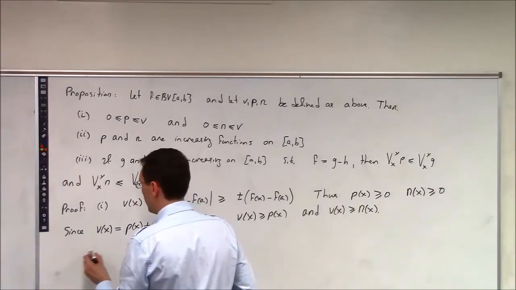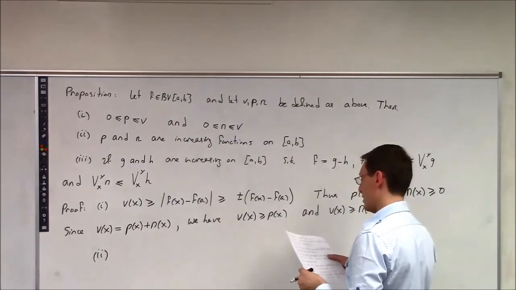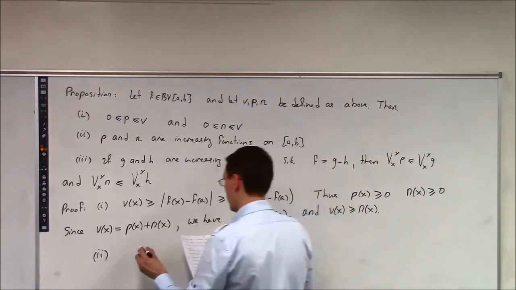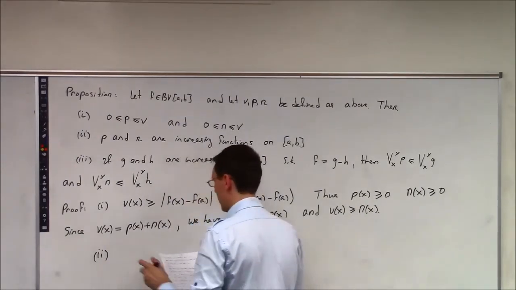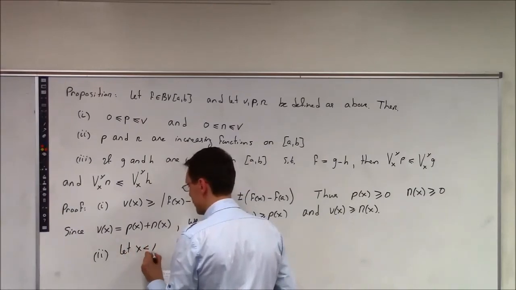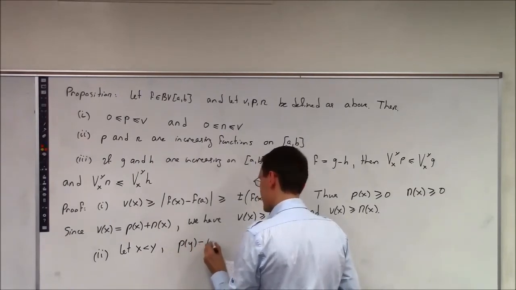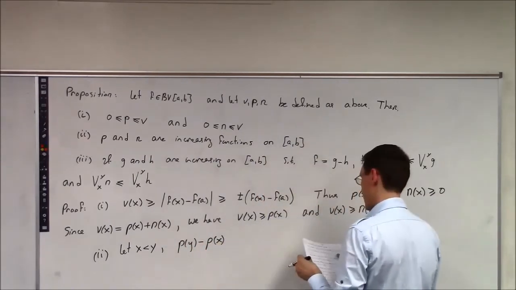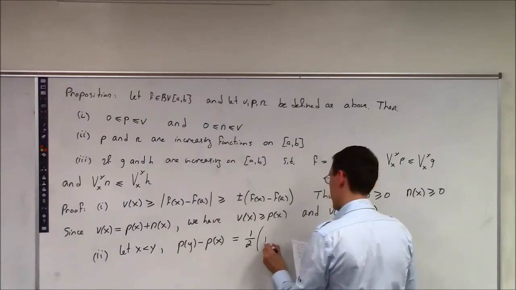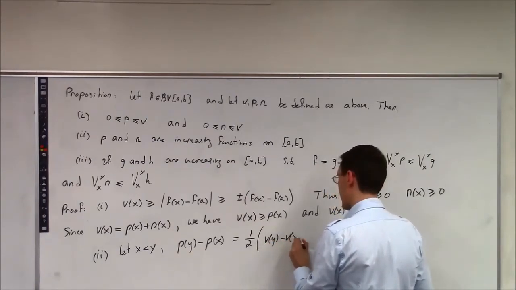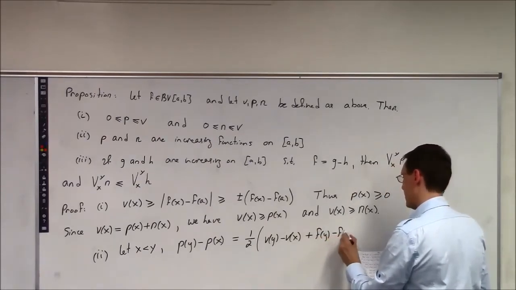So let's prove now two. How do we know that they are increasing functions? Well, what we can do is just do a calculation. Let y be bigger than x. Then we have that p of y minus p of x would be simply 1/2 of V of y minus V of x plus f of y minus f of x,